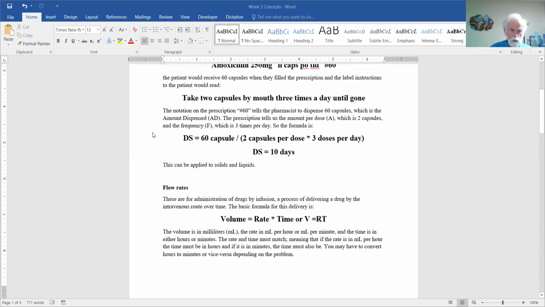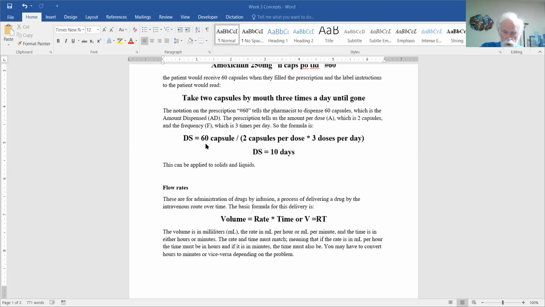Again, it's a pretty straightforward calculation, but occasionally you'll have a patient that'll say, well, how long am I supposed to take this? So that's one of the reasons that we may want to do this calculation of days supply. And we can do this with solids and liquids. If we are going to take, say, 2 teaspoonfuls by mouth 3 times a day, then we're going to have a volume that the patient will receive. So they should then receive 60 teaspoonfuls,